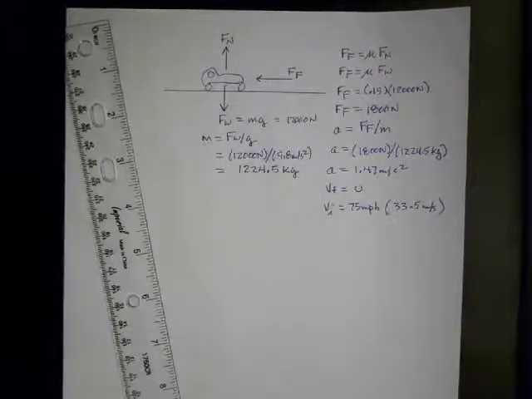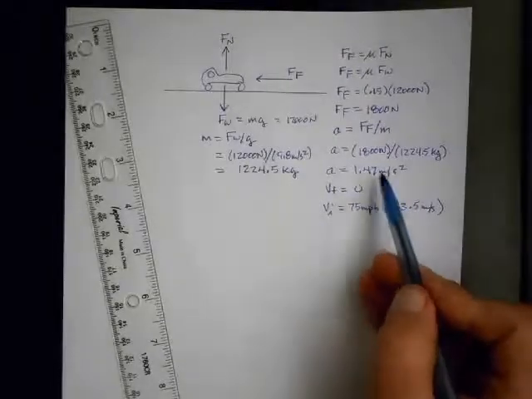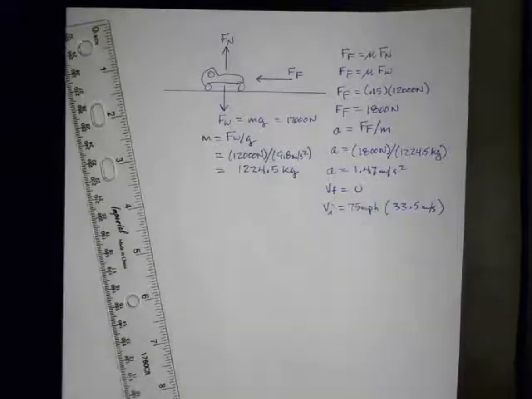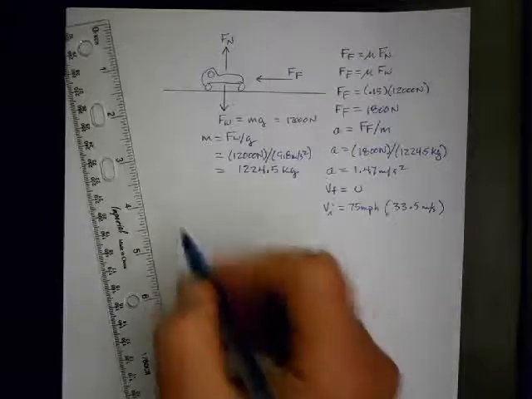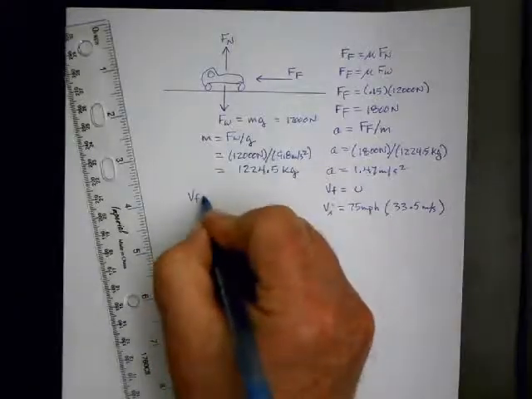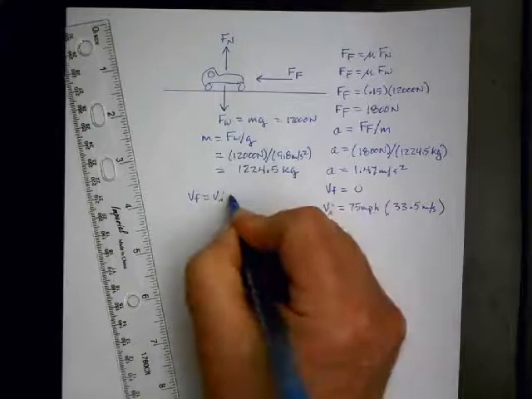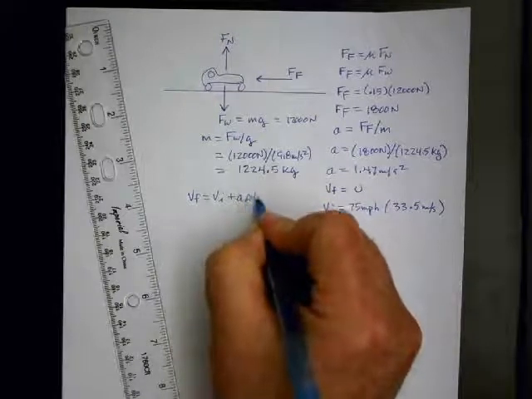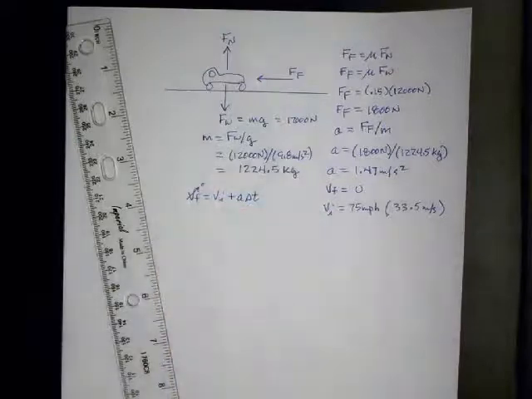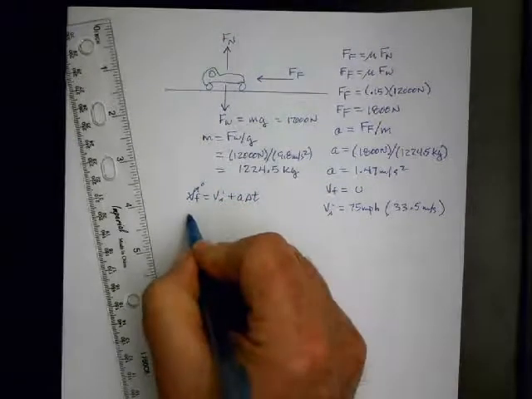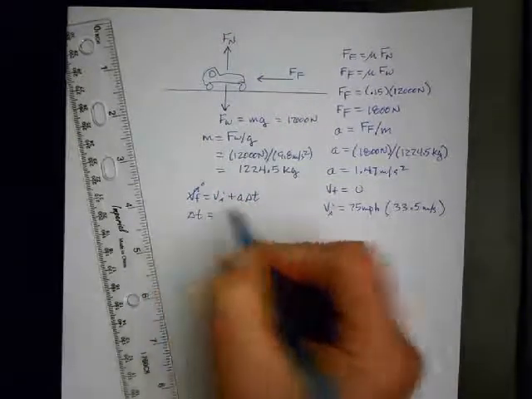So now I have A, I have VF, I have VI. I can go ahead and solve for how long it's going to take before it comes to a stop and how far it's going to move. If I use my first equation of motion, I can get the